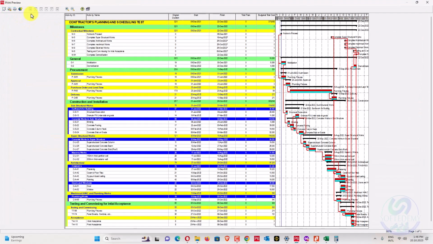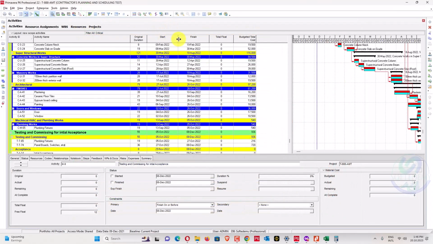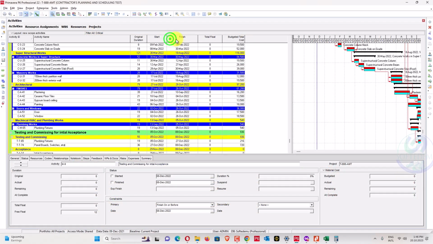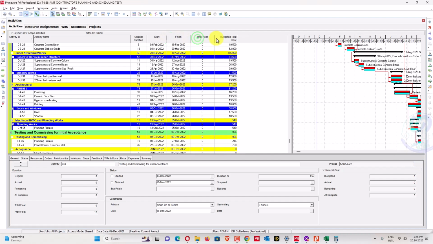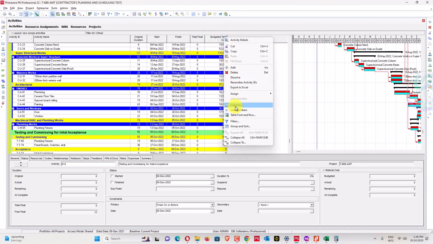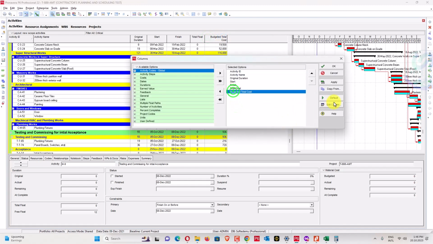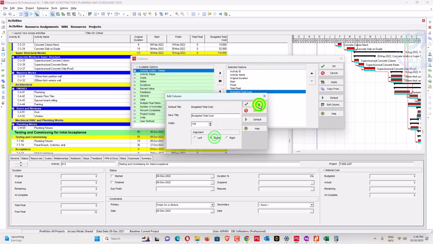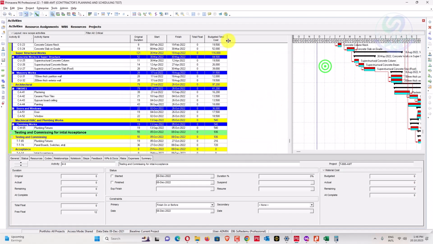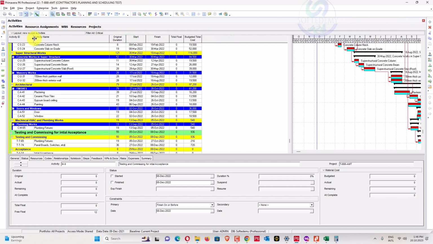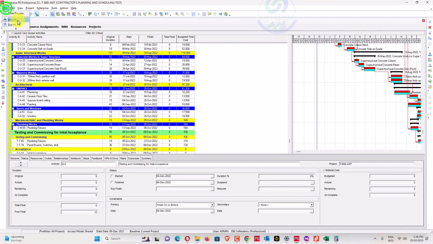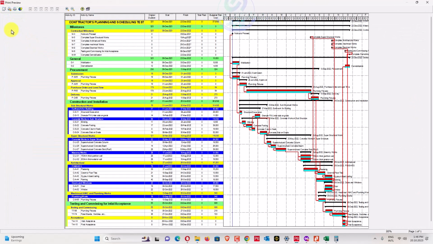And now we'll go here. Size, we just close the sizes which are unnecessary. Total float, this column we also need to be in center. Edit, center, apply, okay. And also the size of this column, maintain this one, maintain this one, maintain this one. Print preview. Now the print preview will be perfect.